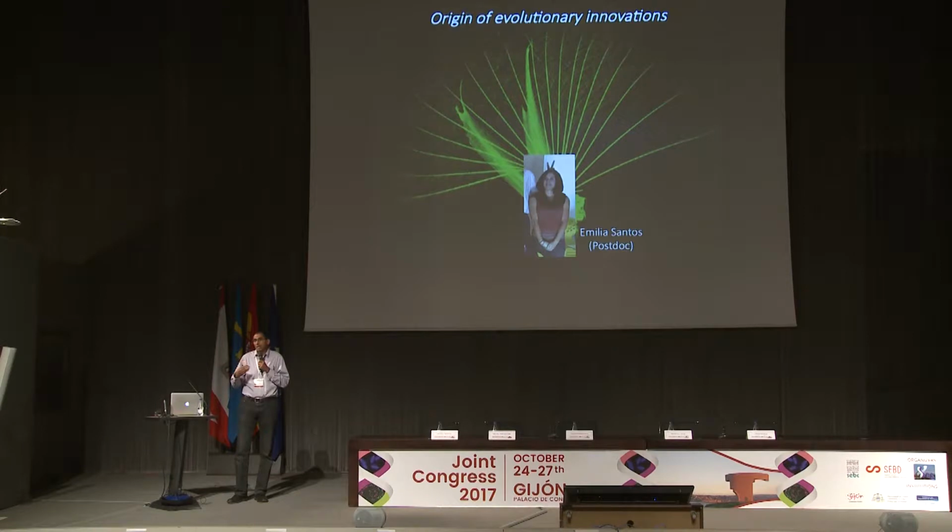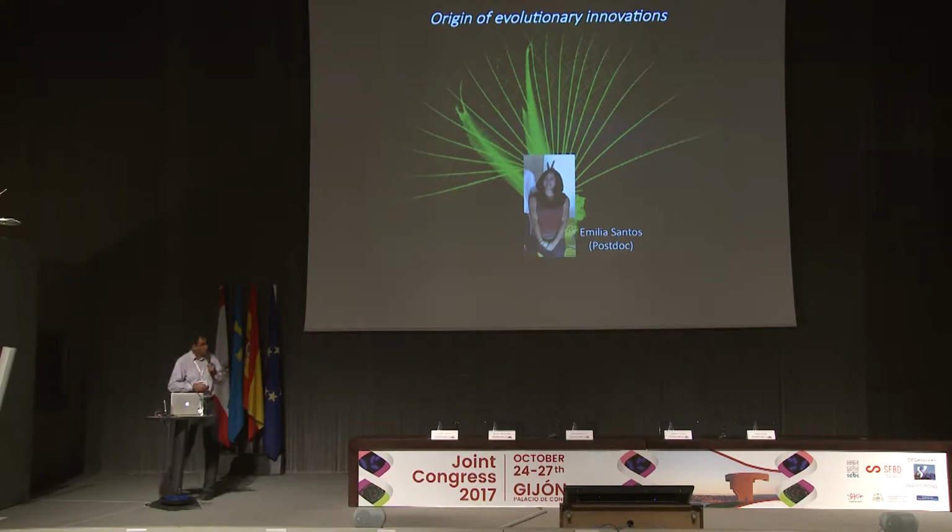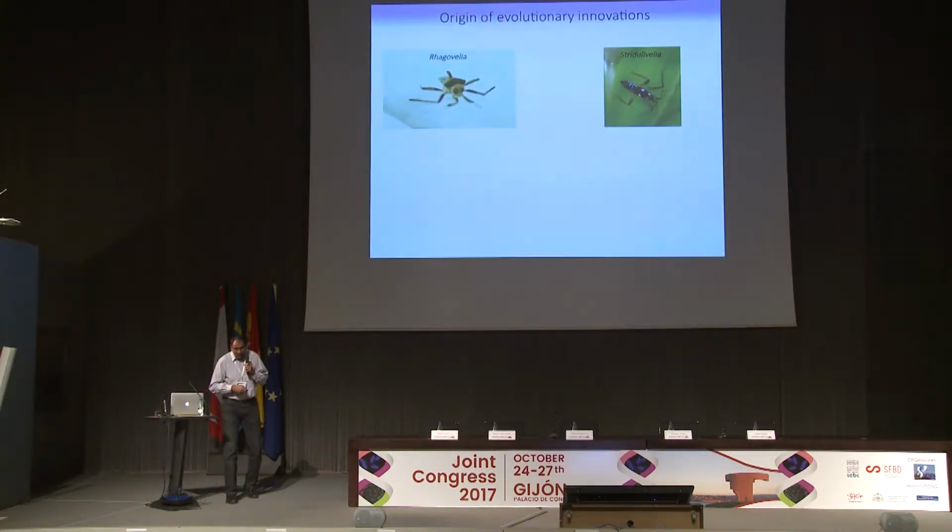So one of the questions is, where do these phenotypes come from? What are the gene networks that build them? What is their importance? What did it do in nature for these lineages, etc.? This project was conducted by a former postdoc, now in Cambridge, Emilia Santos. And the phenotype I'm talking about is a very specific structure that you find in the tip of the legs of one of the water striders.